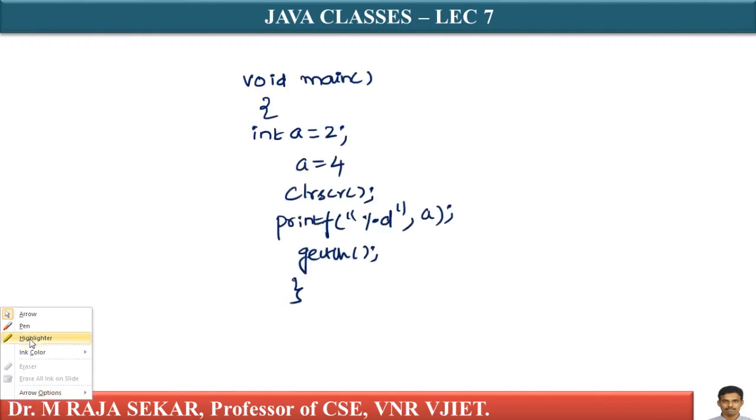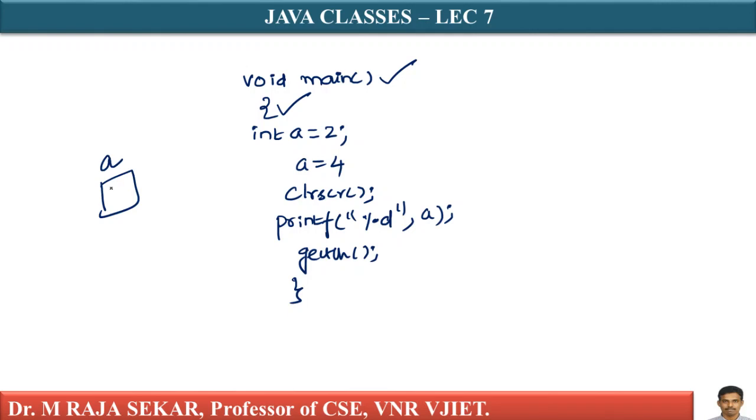Let me take one simple program. This is one simple program in C programming language. What it says: void main, which indicates the beginning of your C program, open flower bracket, which indicates the beginning of your main function, int a equal to 2. What does it mean? Int a equal to 2 means internally a memory location will be created with name a, where this number 2 will get stored. This one is the assignment operator. Assignment operator means the right side value will get stored in the left side variable.